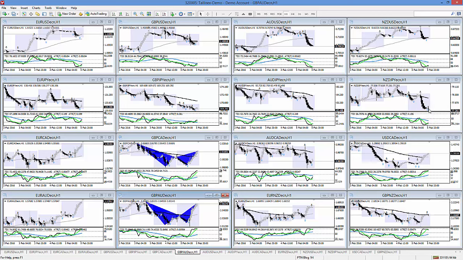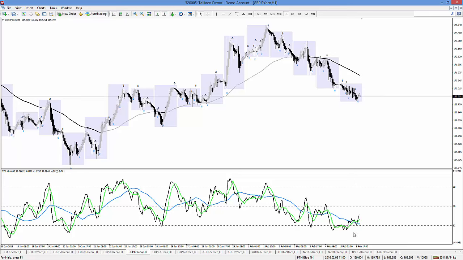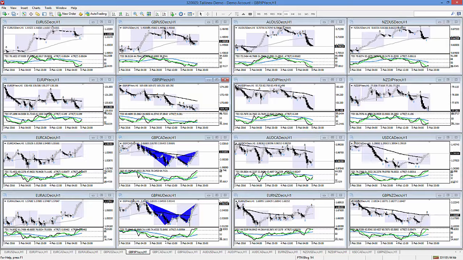New structure lows created here. Market baseline not quite to the extreme, but looking for a potential setup and bullish divergence here on those two pairs. And then I've got the pound yen near the extreme here with my market baseline. And you can see we've created a new structure low, and I love to see a retest here with some bullish divergence continuing, and then a potential rally here on the retrace. So that's what I'm looking at at the market open.